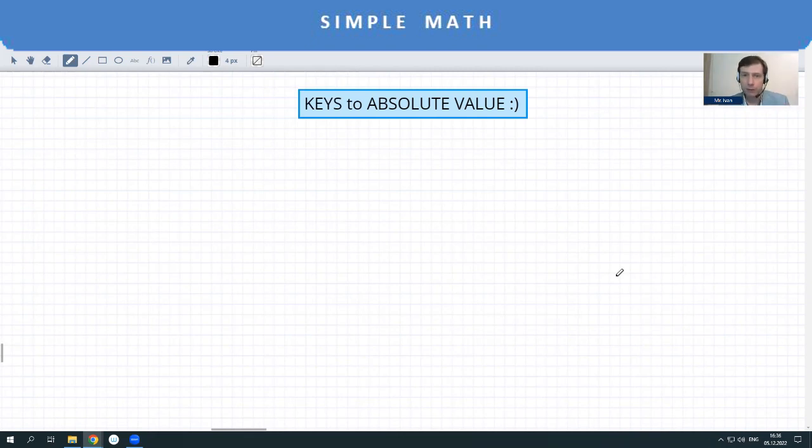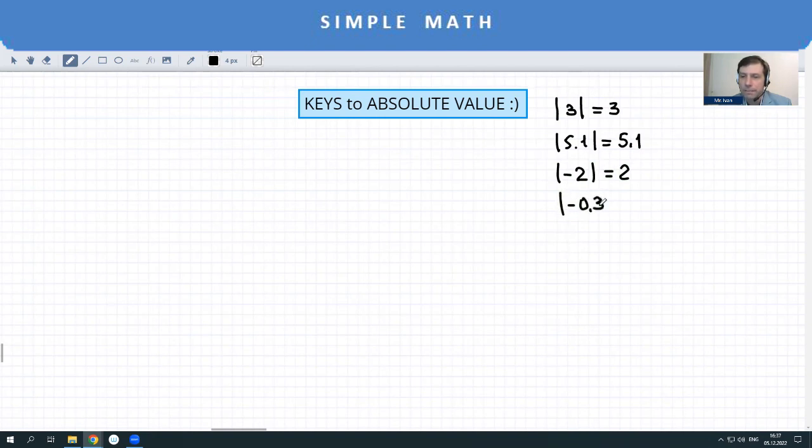So what is absolute value first? In many cases, if we are just starting to learn this concept, we could be told that, for example, absolute value of 3 is just equal to 3. And absolute value of 5.1 is just equal to 5.1. Kind of interesting. Why do we need it? It doesn't do anything at all. But then we're told that absolute value of -2 is +2. And absolute value of